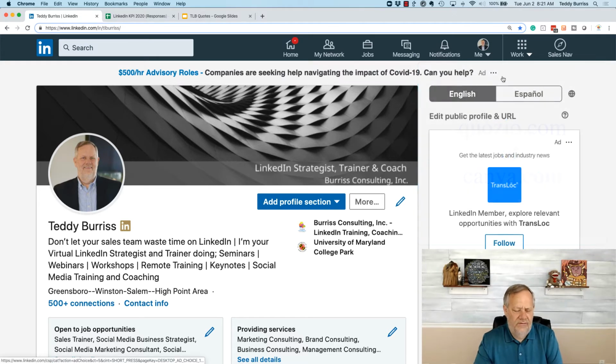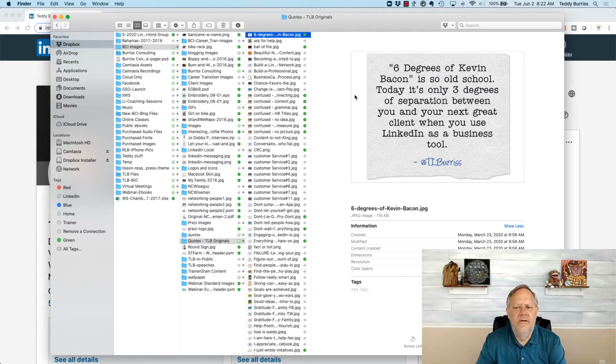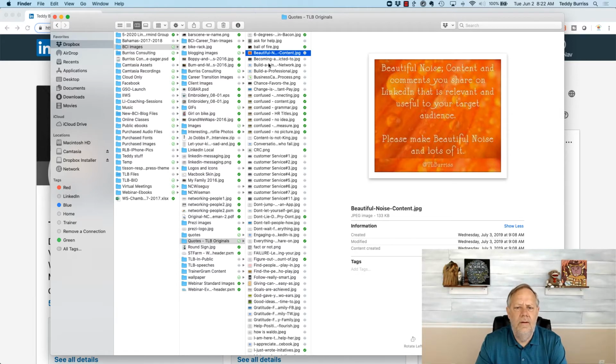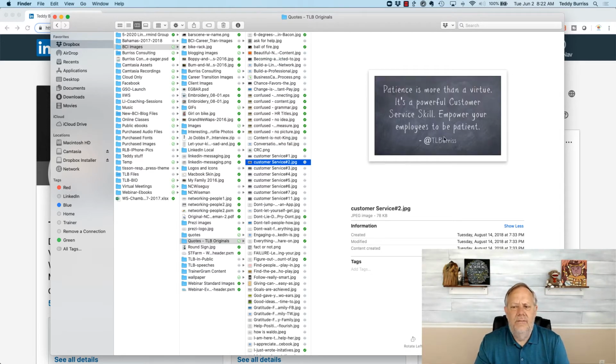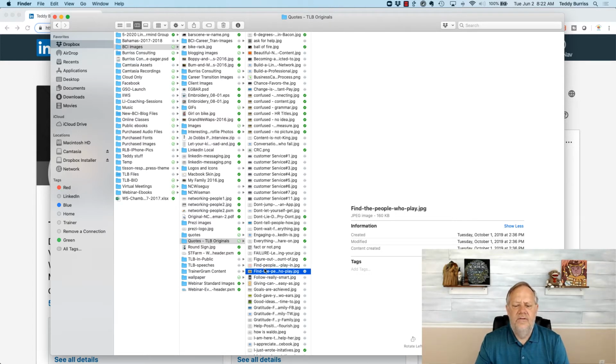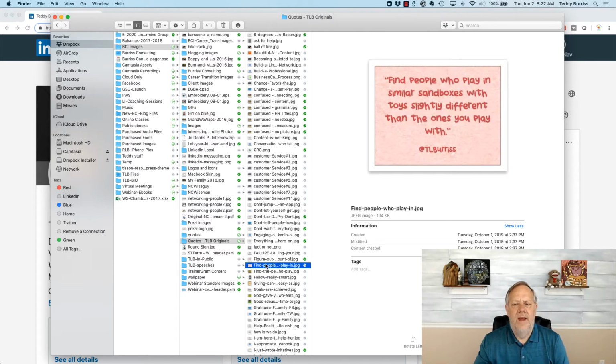I'll show you some of the graphics I've created. So these are images I made with Quozio right here. All of these images were made with Quozio, and there's different formats. I'm a fan of this gray ripped paper. I do that a lot. Create a bunch of them on a chalkboard. And there's different styles. Again, I'll share those with you, but basically I type in the text and it creates